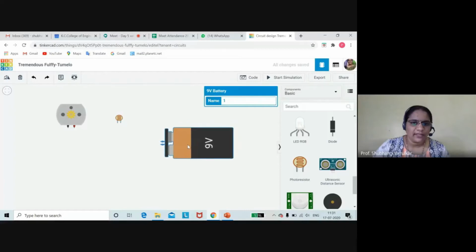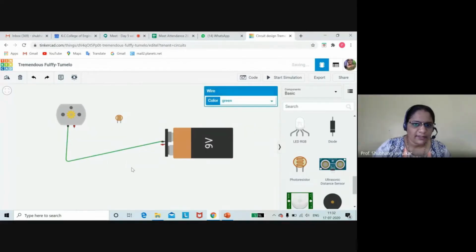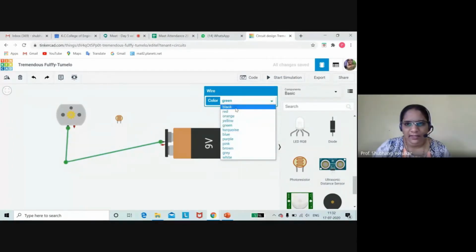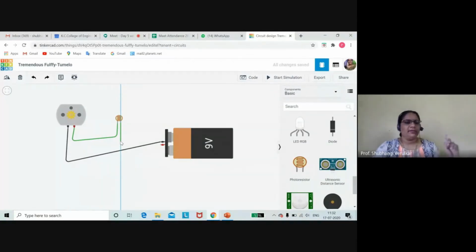The position is perfectly right. This is the negative terminal. Connect it to the negative terminal. Right click, change wire color. Positive terminal of the motor. Here terminal 1 to terminal 2 is given. It means there is no polarity for the LDR. Okay, are you getting it? Whenever it has polarity, then it will be written anode, cathode. Here terminal 1 and terminal 2 means no polarity. You must have seen.